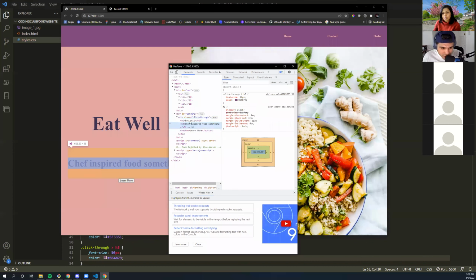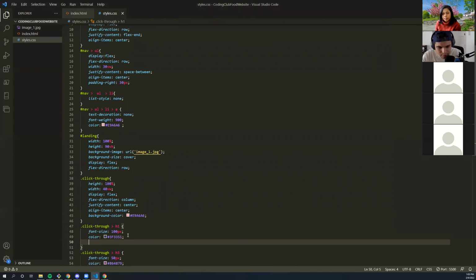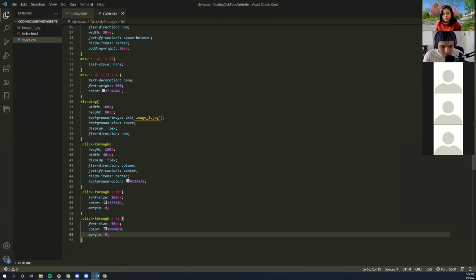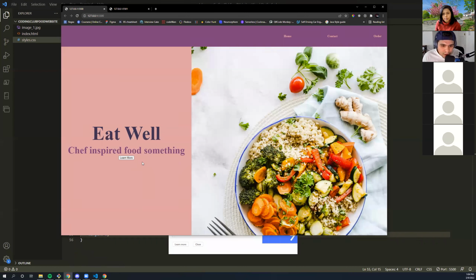Okay, so they have a bunch of margin. See all this orange space that's margin within our text? If we come here, we can actually see that it has 50 pixels of margin, and we can just add some style to our H1 and our H3 to say margin 0. I'm just going to copy and paste that and put that on the H3 as well. Cool. That looks a little bit better, but this button is looking a little bit hokey, and I want to definitely make it a little cooler if we have the possibility to.